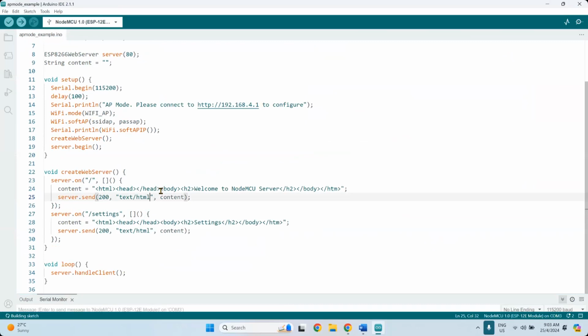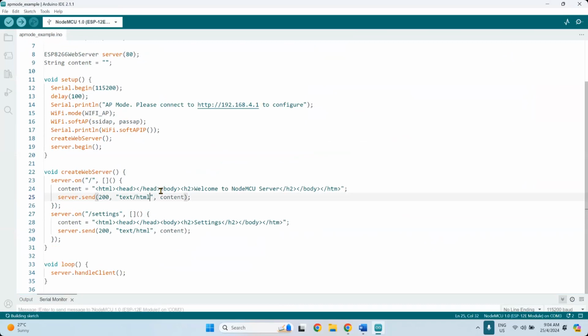You can create a form through there, and then the form can receive back the data, and you can save the data into EEPROM. Later you can load the data from EEPROM and change to a different name. So it can be used for so many purposes. You can just create a response, and based on the response here, your web server will be able to load data based on user request. Okay, so this is AP mode with web server.